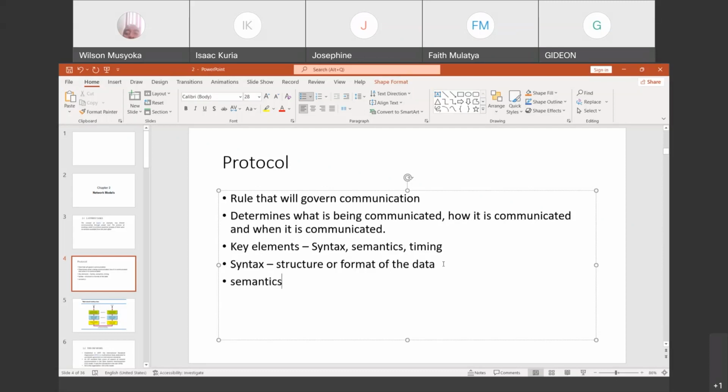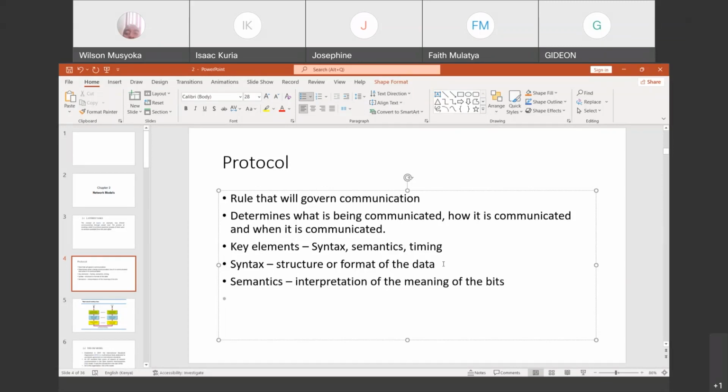The other one is semantics. And when we are looking at semantics, we are looking at the interpretation of the meaning of the bits. So there has to be a way that when I say this, what does it mean, or how is it going to be interpreted? That is what it means.